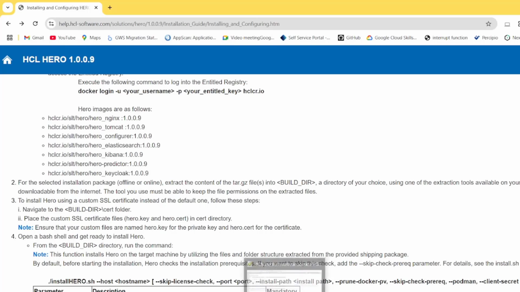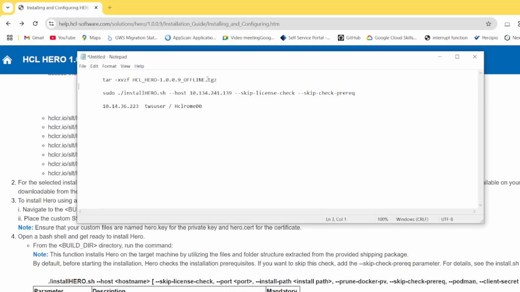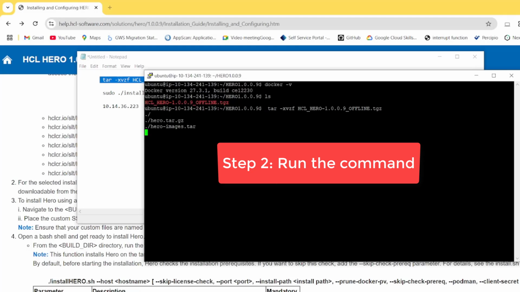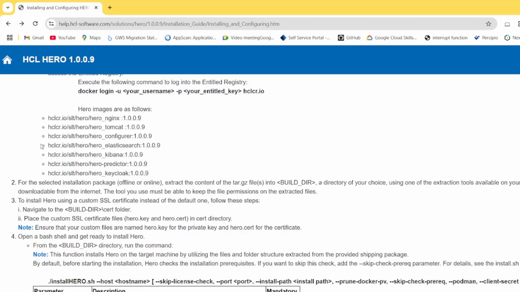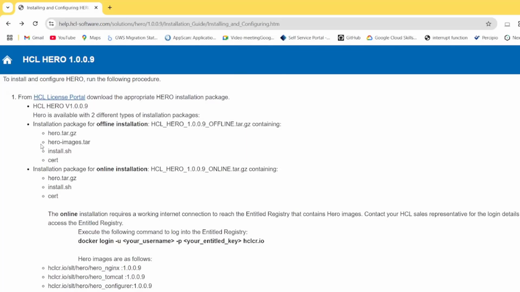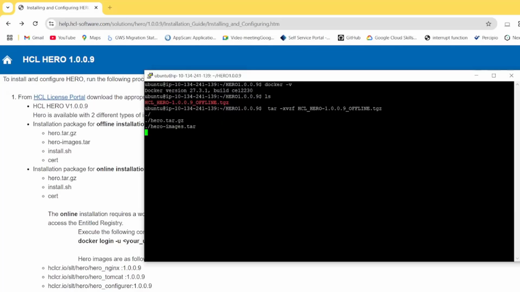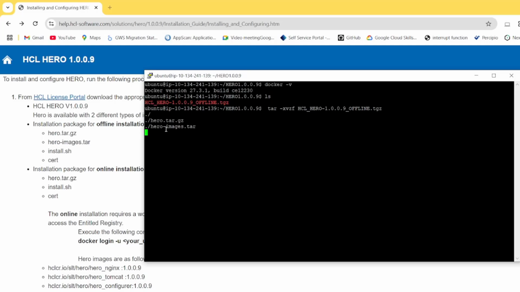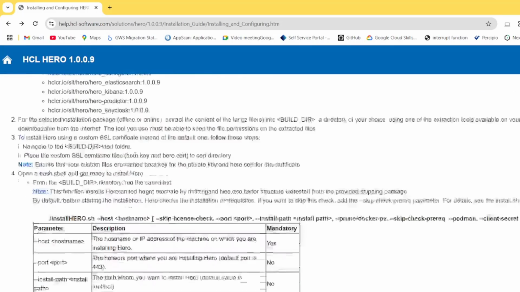I have the commands already with me, so I'm unzipping this tar. As you can see, it is extracting the tar and the images, and you will receive the installer and the certificates as well. Once you have extracted this,